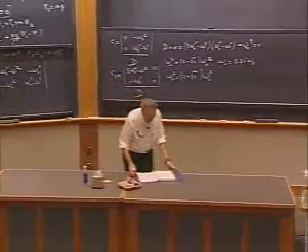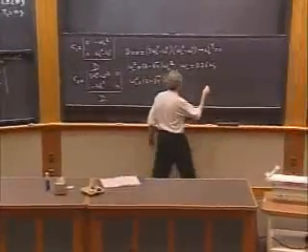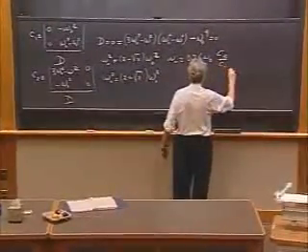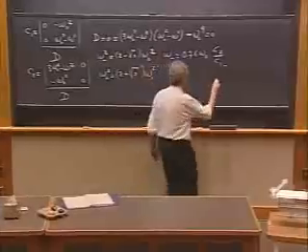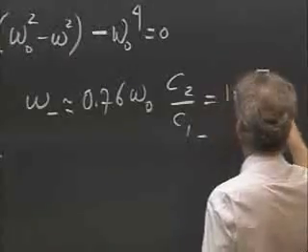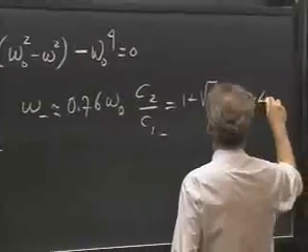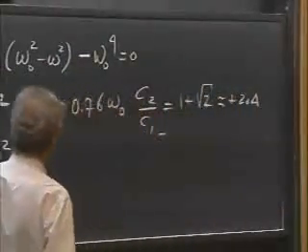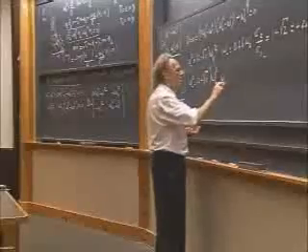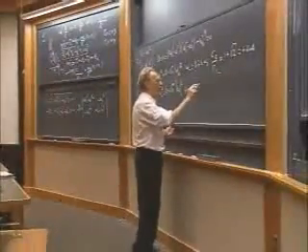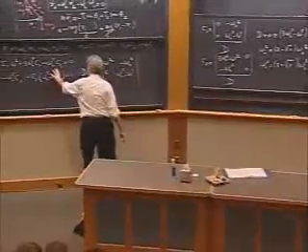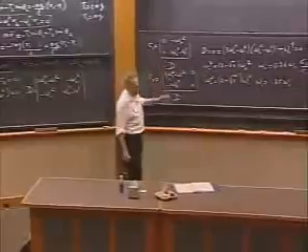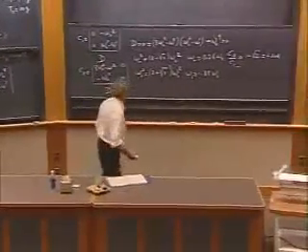And you're going to find then that C2 divided by C1 in that minus mode, in that lowest possible mode, is 1 plus the square root of 2, which is approximately plus 2.4. And the omega plus solution gives you a frequency which is about 0.85 omega 0. That solution you can put back into your equations, into this one, or into this if you want to, and you will find now that C2 over C1